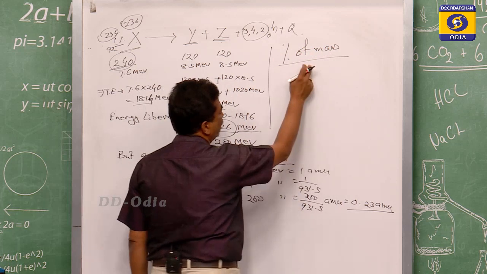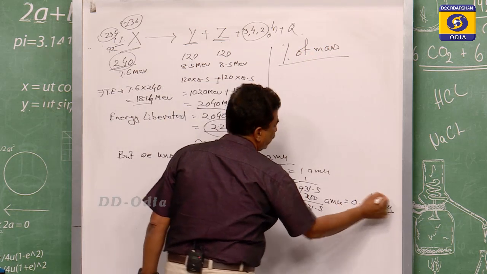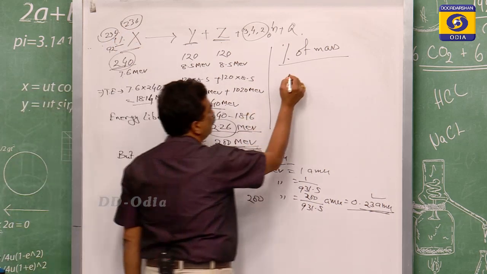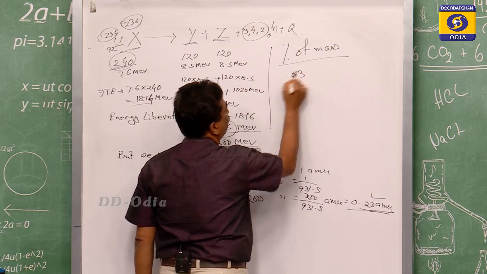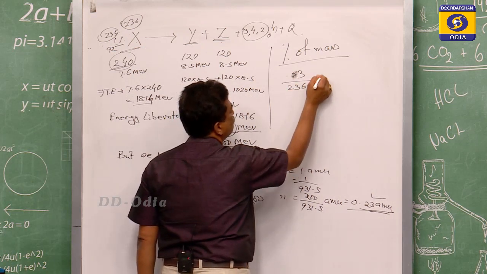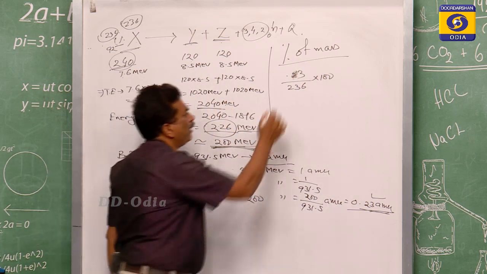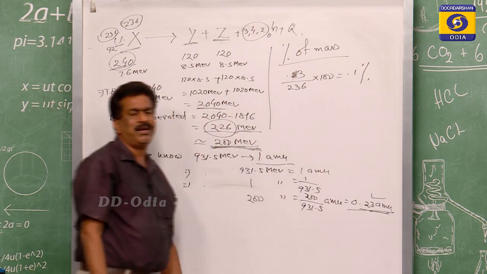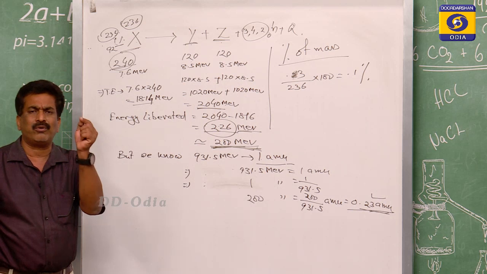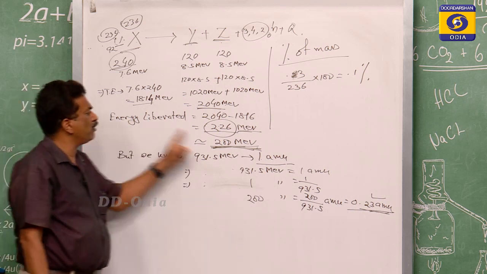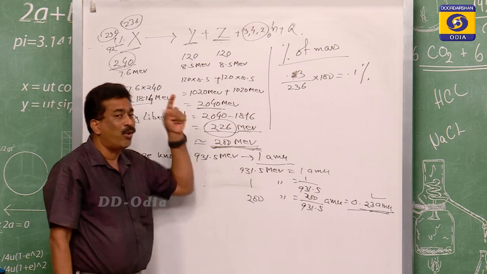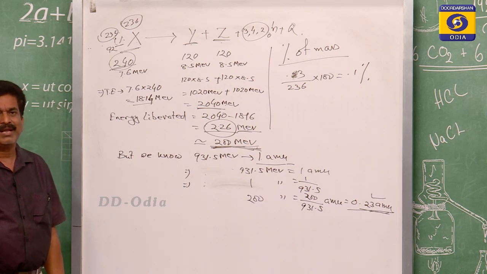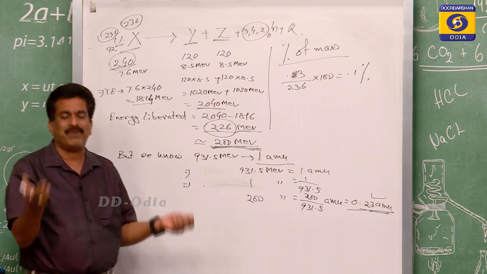How will you find that percentage of mass? This percentage of mass is lost from the 236 AMU. So percentage will be 0.23 by 236 into 100. If we make it a percentage, it is approximately 0.1. Means only 0.1 fraction of the mass is producing such type of energy, and if the whole of the mass were lost, then what amount of energy would be generated, that will be useful or that will be evil for the society.